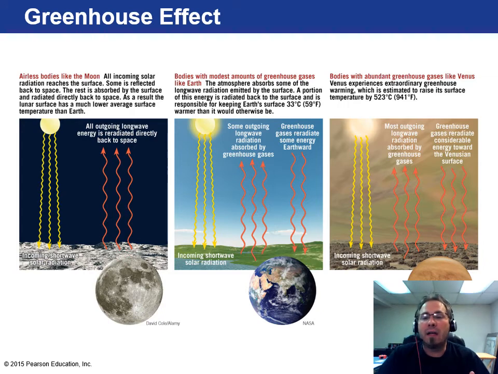Now let's look at the other extreme on the right here, which is Venus. On Venus, the atmosphere is almost all carbon dioxide, and so the energy from the sun is almost all being trapped in the atmosphere and can raise the surface temperature by as much as 941 degrees Fahrenheit. So it's really hot on Venus, and a lot of that has to do with the fact that, obviously, Venus is closer to the sun, but because of all of the carbon dioxide in the atmosphere, it's just re-radiating that energy over and over and over, building and building that eternal heat up because it's trapped there just above the surface.